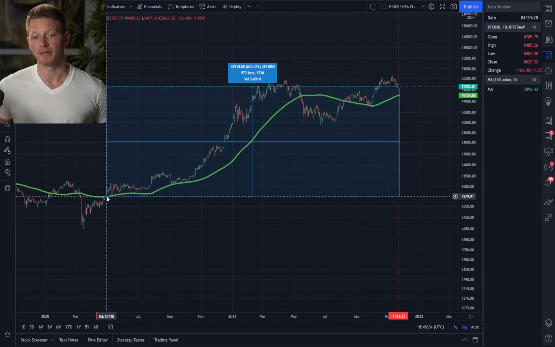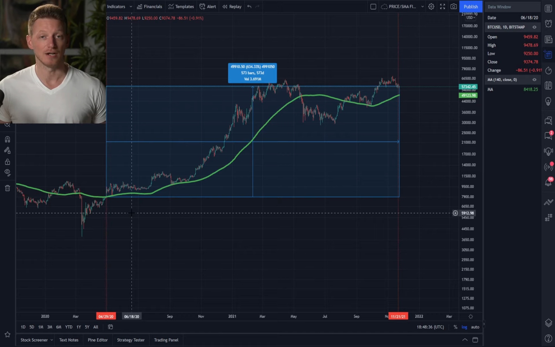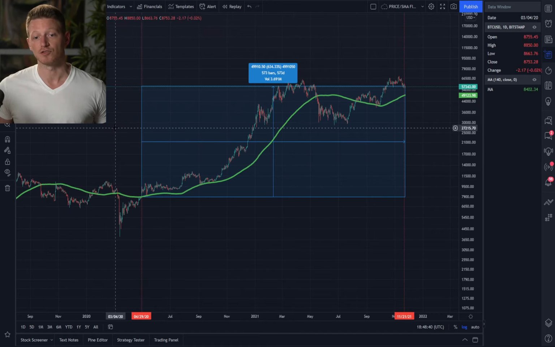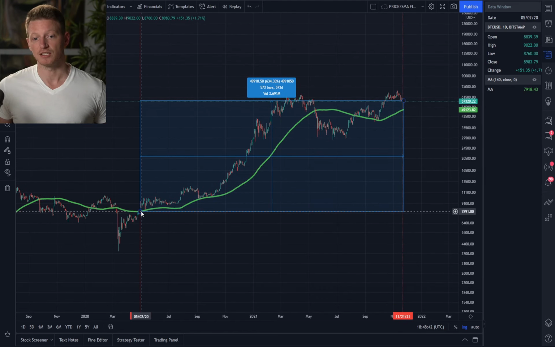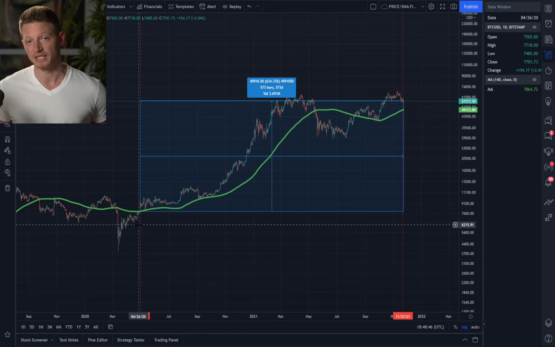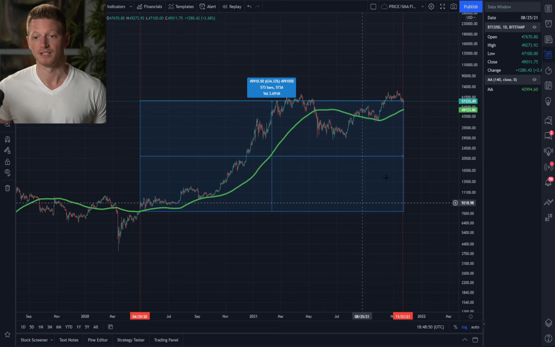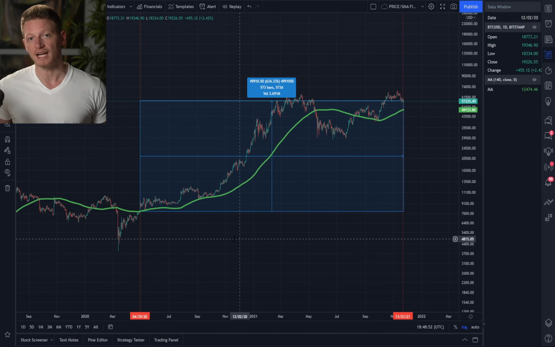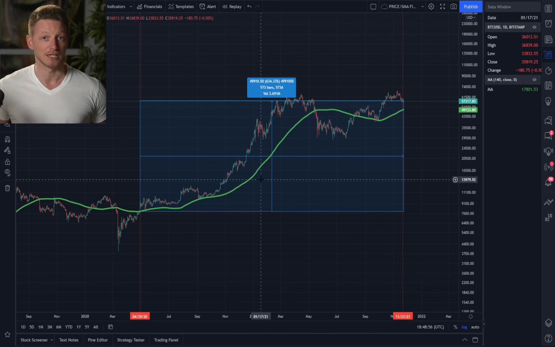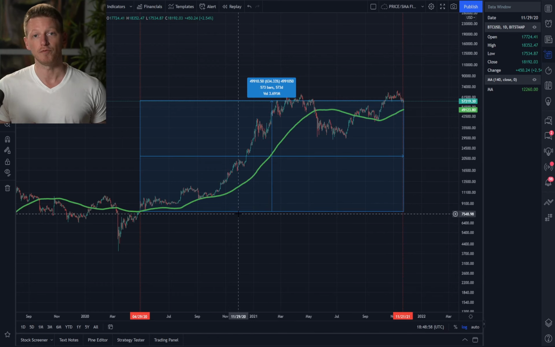So we're going to look at Bitcoin from the time that it held its 20-week moving average on April 29th of 2020. This can be considered the official start of the bull run, when Bitcoin is able to get above its 20-week moving average and hold it as support. We're going to look at what we've done from then until now and compare it to 2017. And hopefully this helps you keep in mind where we're at in the market cycle.